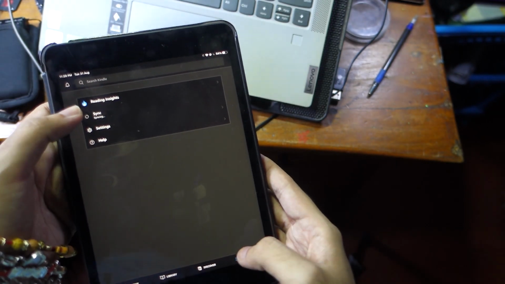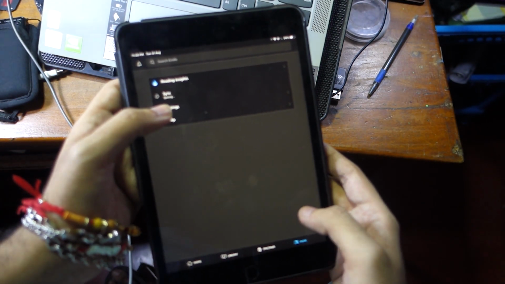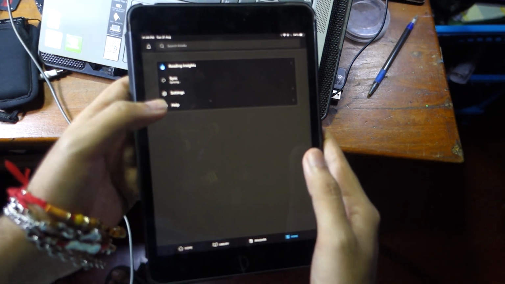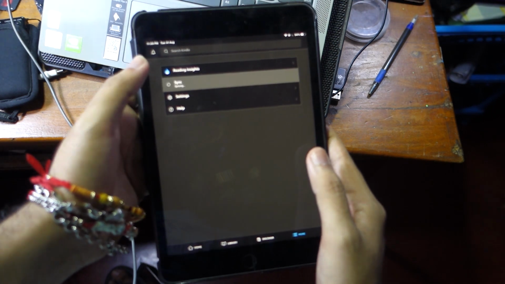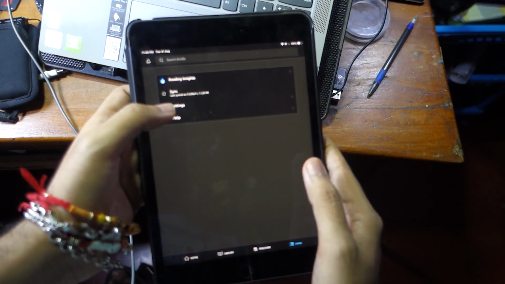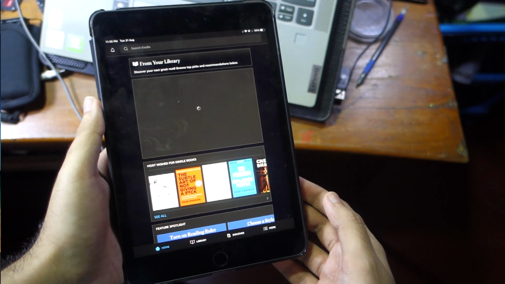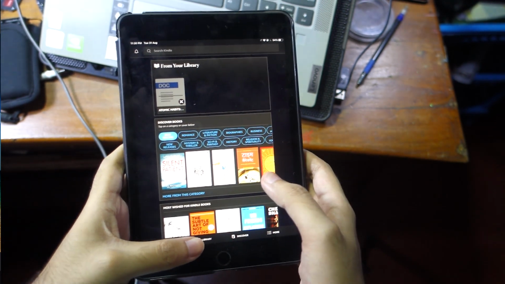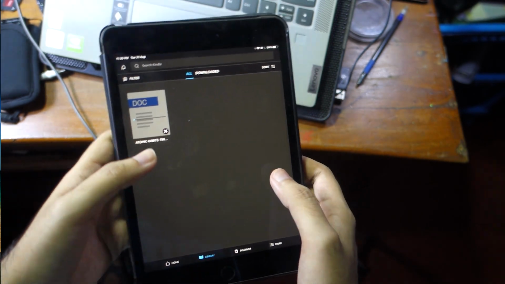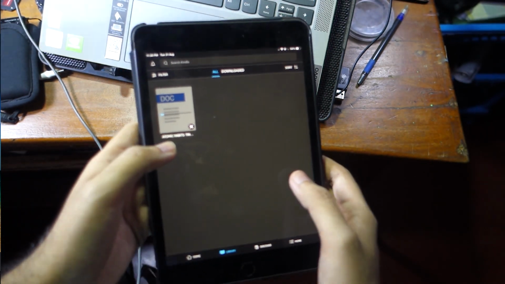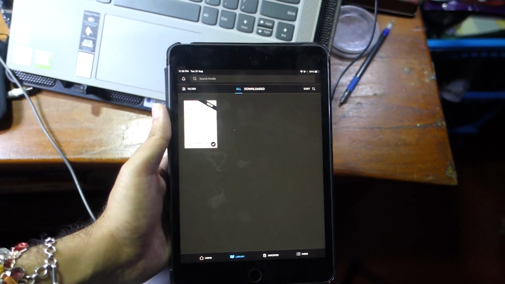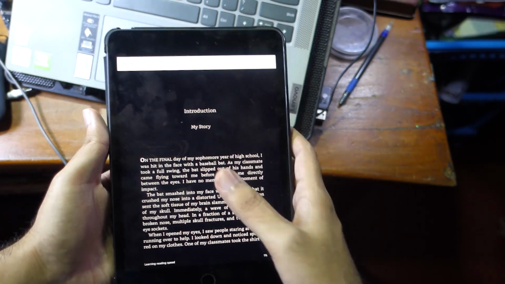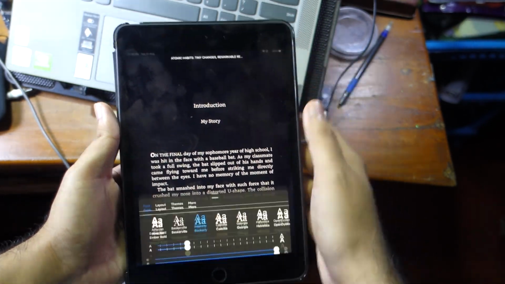Just go to this more section and click on this sync icon. As you can see, just go to the more section from here, and there will be an icon named sync. As you can see, it says synchronizing, and I'm reopening my Kindle app over here. So I've just reopened my Kindle app, and then just go to your library, and as you can see, Atomic Habits is being downloaded. Then you can just open the book from here, and yeah, as you can see, it's as simple as that.